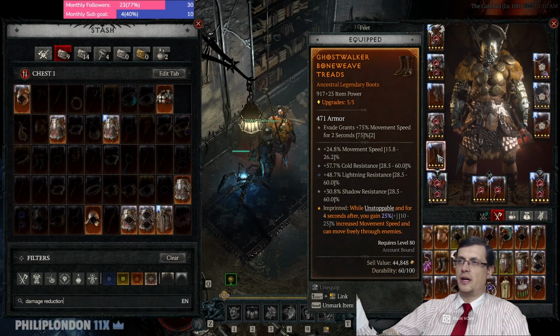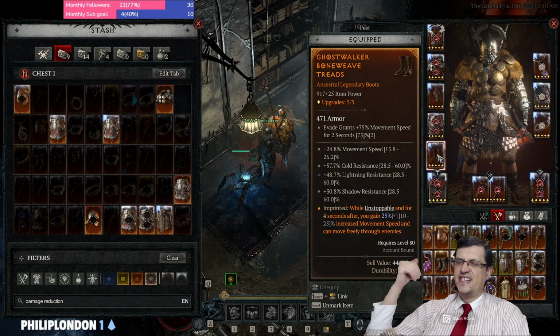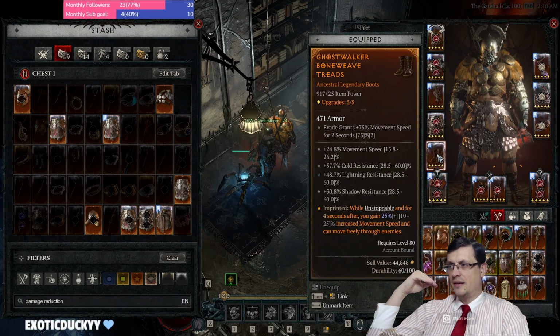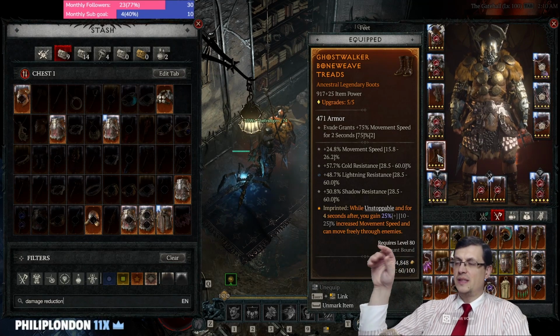So we are very mobile and move very fast, and this will be up all the time, because again, charge gives us unstoppable and we charge almost every second. So this will be permanently up. Consider it a 25% movement speed, and also